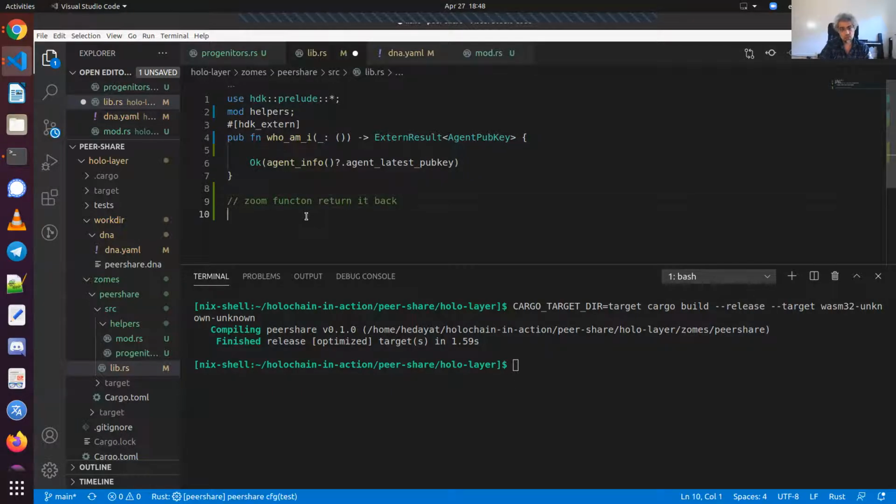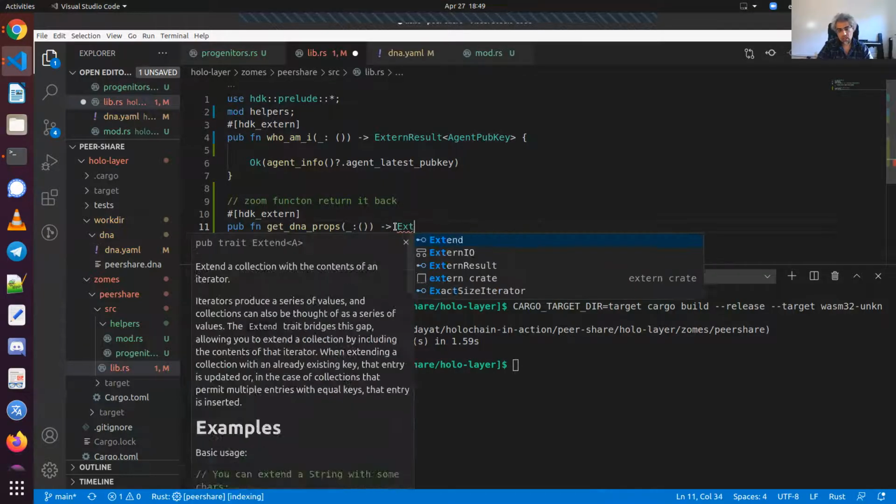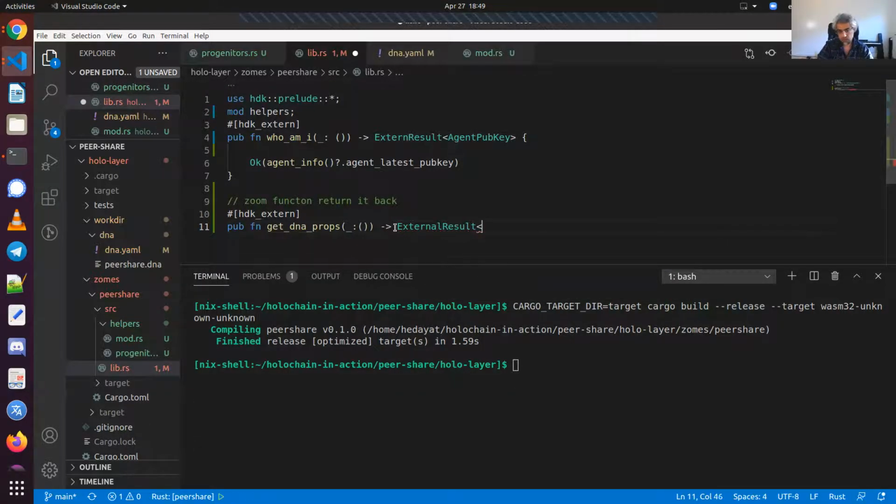Return it back. So it means for the zone function, I need to create one external function, public function. So let's call it, let me see how I called it before. Okay, get DNA property. It means get DNA props. Input parameter is nothing, as I explained previously, that if it is empty, you are not supposed to send any parameter, write it in that way. So external result, DNA properties,